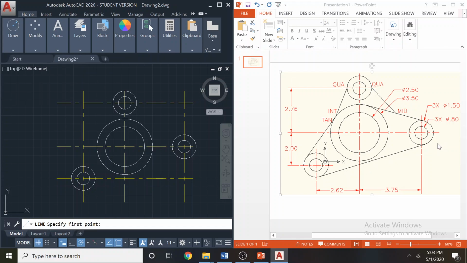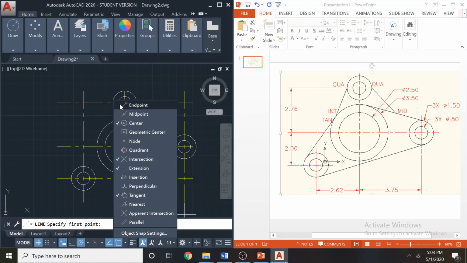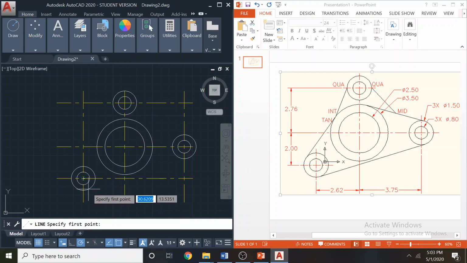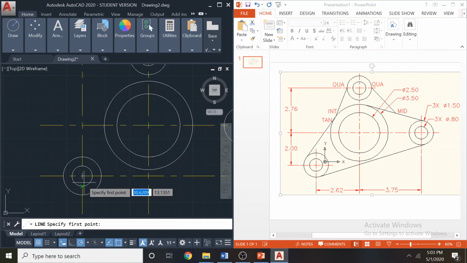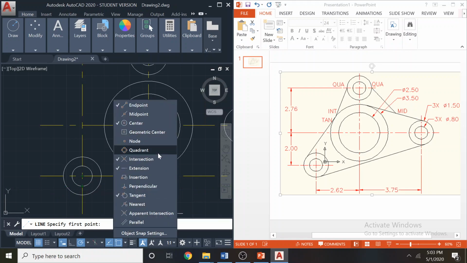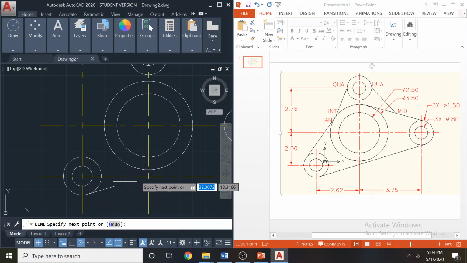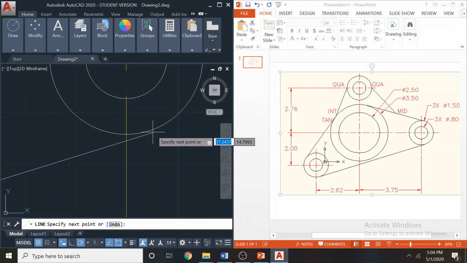We can draw this line. This is tangent here, tangent here. So we have to use the tangent snaps. Now when you try to use a tangent snap, there are problems coming. Tangent snap is weak. You will get the center snaps. So you have to master the snap selections. So the center snap is not going to allow the tangent snap to work. So I have to use the tangent snap correctly like this and take the tangent here.